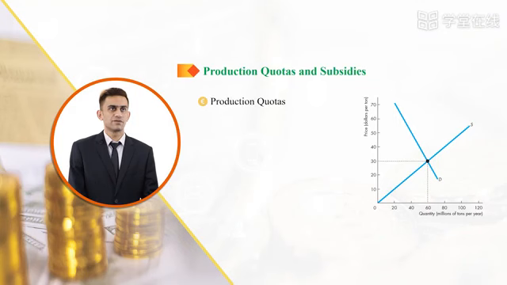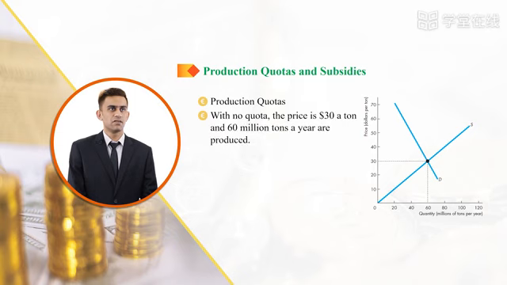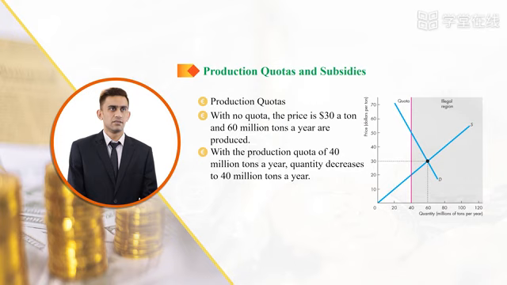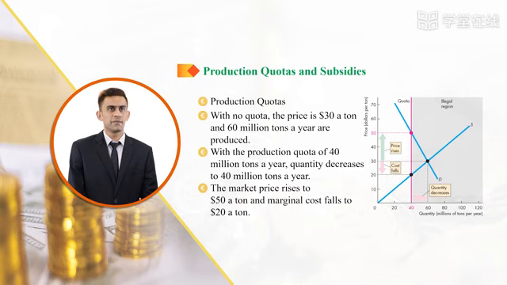In the markets for sugar beets, tobacco leaf and cotton, governments have from time to time imposed production quotas. A production quota is an upper limit to the quantity of a good that may be produced in a specific period. To discover the effects of a production quota, let's look at what a quota does to the market for sugar beets. Suppose that the growers of sugar beets want to limit total production to get a higher price. They persuade the government to introduce a production quota on sugar beets.